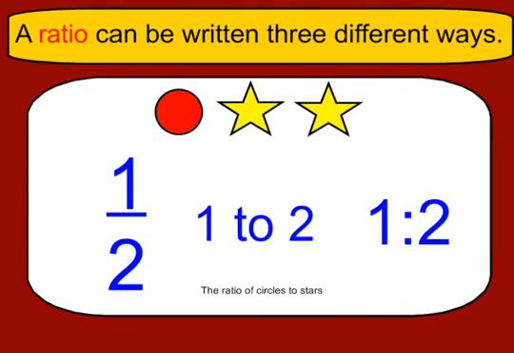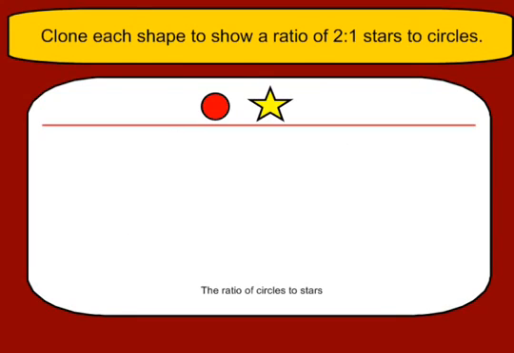And again, this is just a reminder of the 3 different ways that you can represent a ratio. Okay, so we're going to clone these shapes to show a ratio of 2 to 1, stars to circles. That means for every 2 stars, there is 1 circle. That's a ratio of 2 to 1, stars to circles. Now that's only one possible solution. There's actually an infinite amount of solutions for this, because another way I could represent 2 to 1,